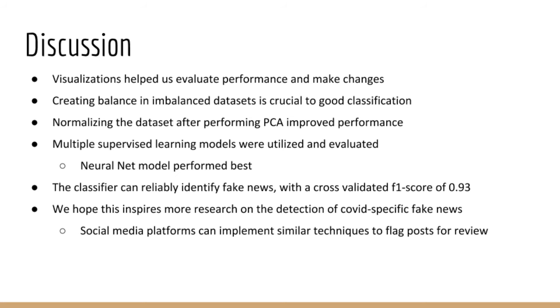Throughout this touchpoint, we leveraged various types of visualization techniques to get a better understanding of how our models were behaving. Early on, we noticed that due to a much higher number of true labels in our training set, the models could simply output the same result every time and achieve a relatively high accuracy. In order to obtain a meaningful prediction model, we had to resolve our class imbalance so the models would focus on the data features themselves. Additionally, normalizing our PCA dimensionality reduced data frame generated better overall scores for our learning models.